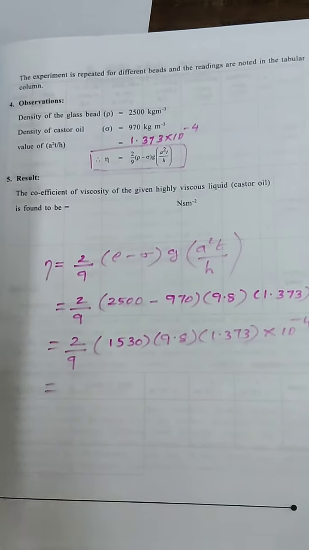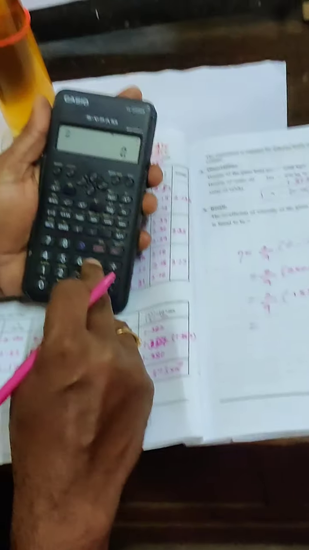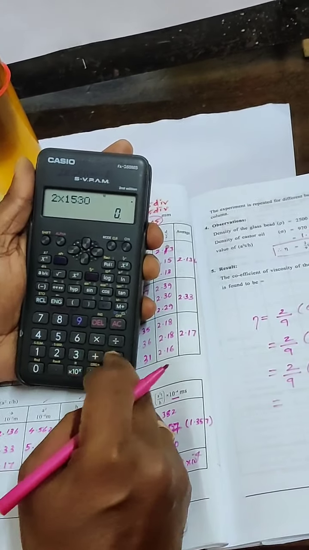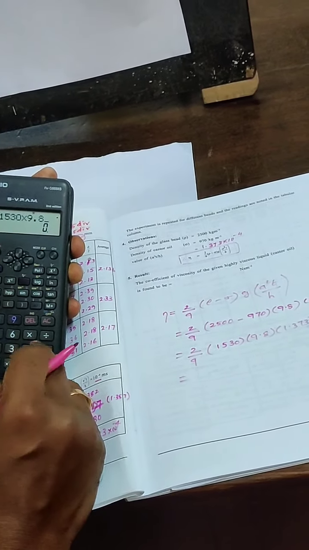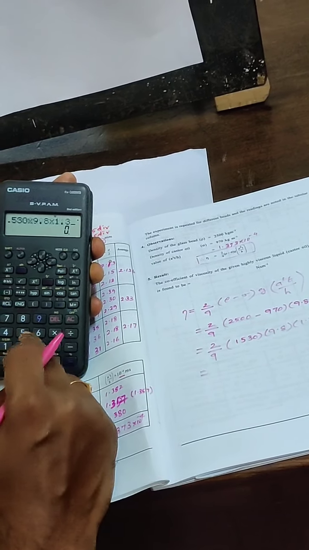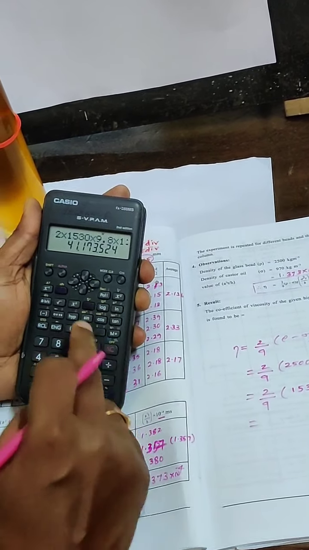So do the final calculation. So 2 into 1530 into 9.8 into 1.373, equal to, we will get it as